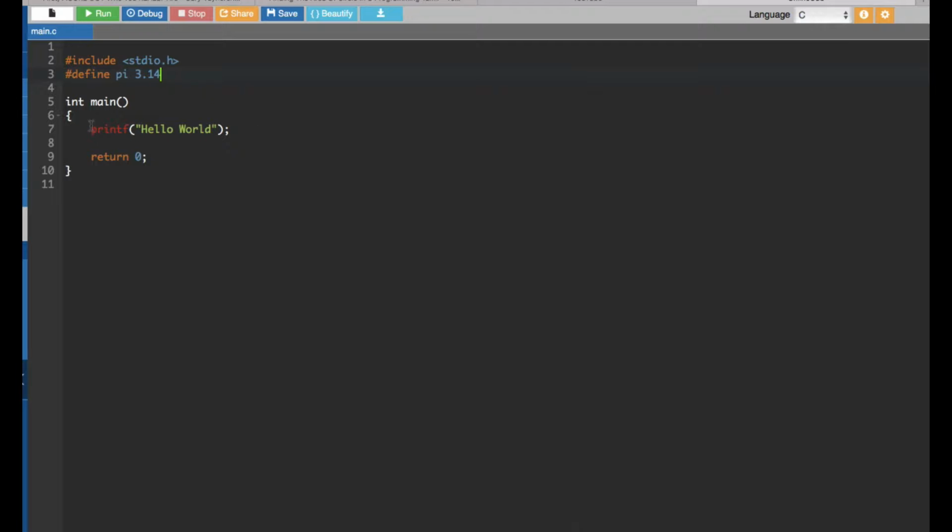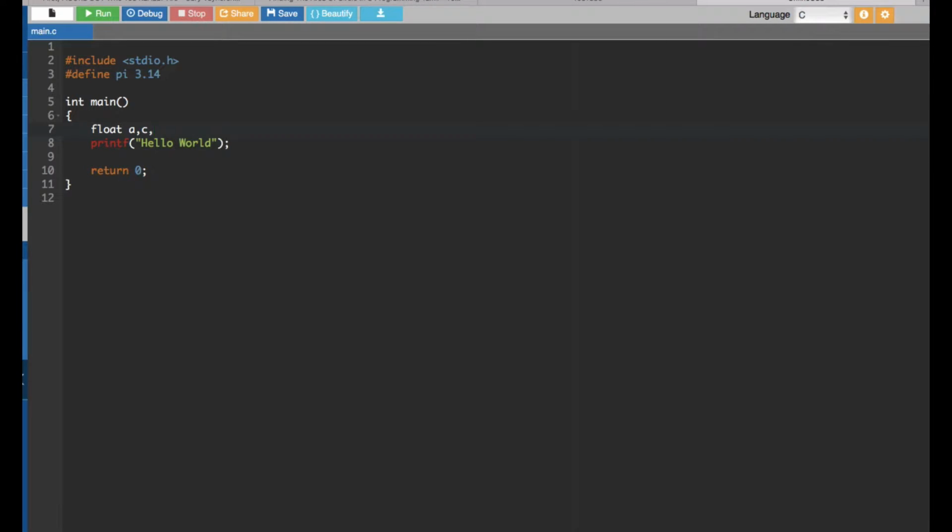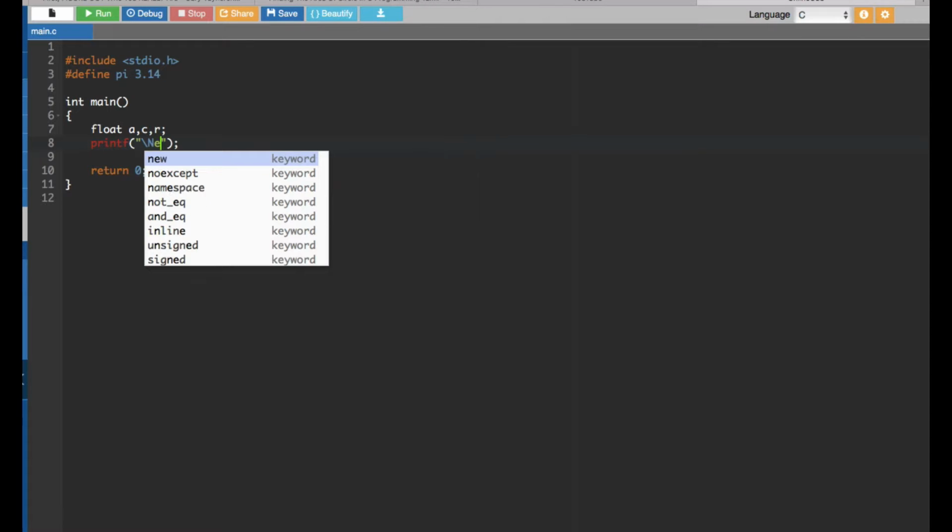In the main function, first I'm going to declare float type of variables, because we are going to print this one in decimal points also. So let's include float type of variable. I'm going to include three variables: a for area, c for circumference, and r for radius. Okay, and in this printf statement we are going to give the prompt to the user to enter the radius. So let's put a \n, enter the radius,